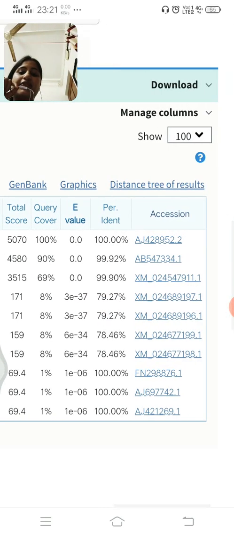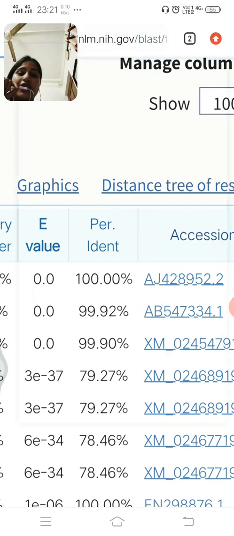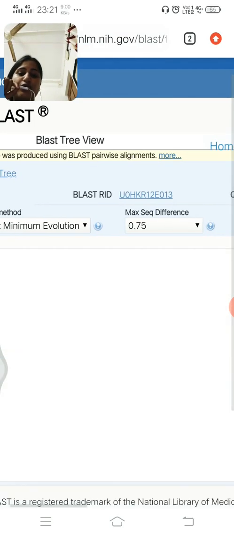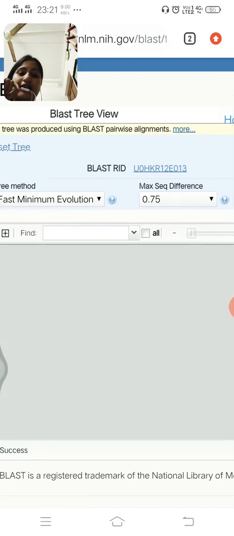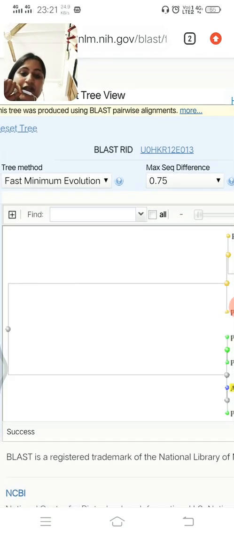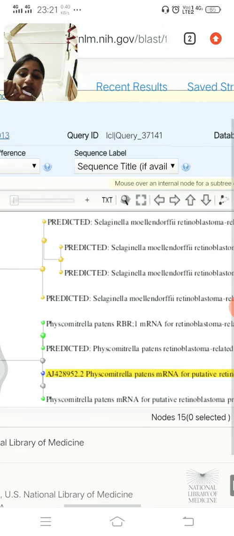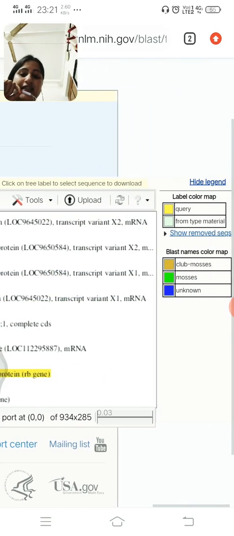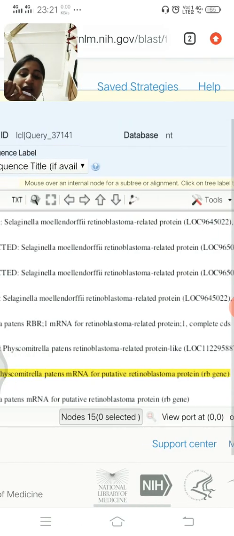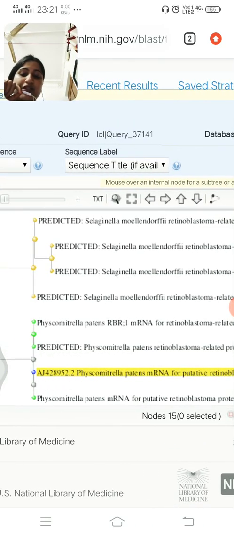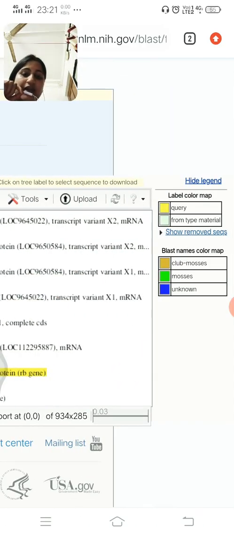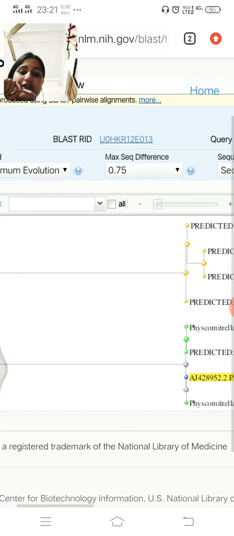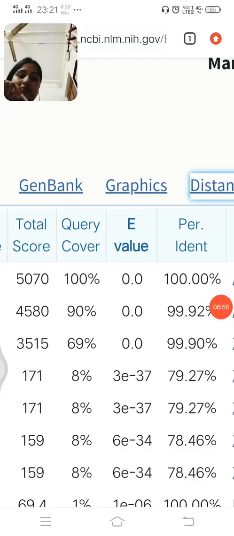So here, students, are various options that you could check out for yourself. For example, the distance tree. You know, we constructed phylogenetic trees and we have studied the meaning. So this is the tree which gives you some indication about the evolutionary distance from the ancestor, and what is marked in yellow is the highlighted part, which is your query. And here, other than the sequences, you could explore several more options as you like.